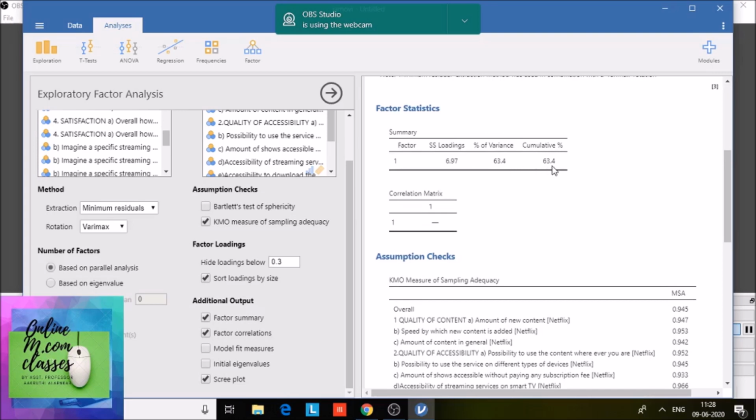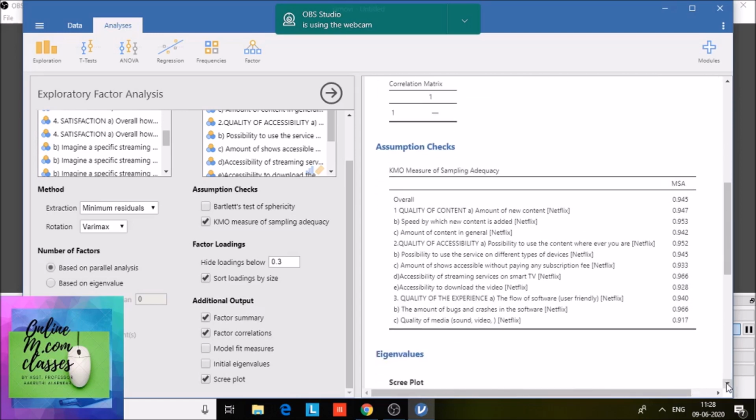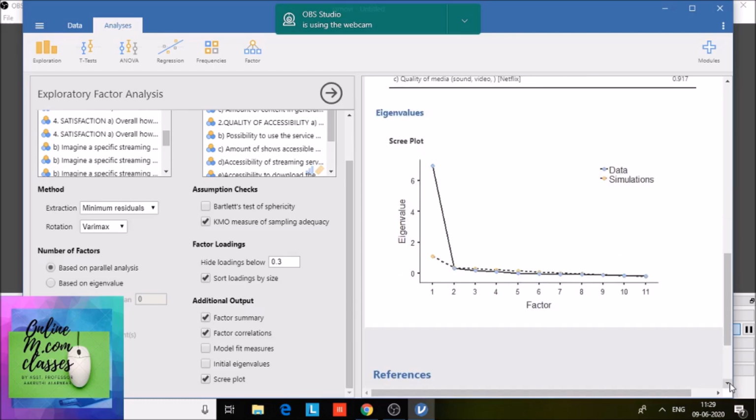In the first case over here, we can see the percentage of variation explained. So we'll take the cumulative percentage. That much percentage of variation is explained by the variables that you have selected. Moving on to the next, that is the KMO. KMO should be above 0.5. In this case, you can see for all the factors the KMO is above 0.5. It is touching 0.9, which is extremely good. It tells you that your data is highly adequate. So it's a good thing, nothing to worry about. If it is below 0.5, then you need to worry that your data is not adequate.